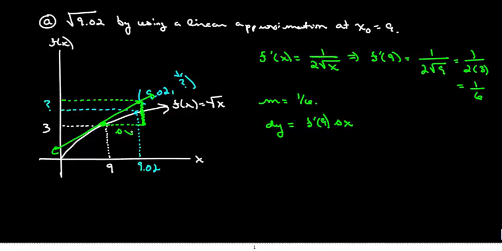Well, this guy right here is delta x. So delta x is 0.02 and f prime at 9 is 1/6. So I've got 1/6 times 0.02. That is going to be dy, which is equal to